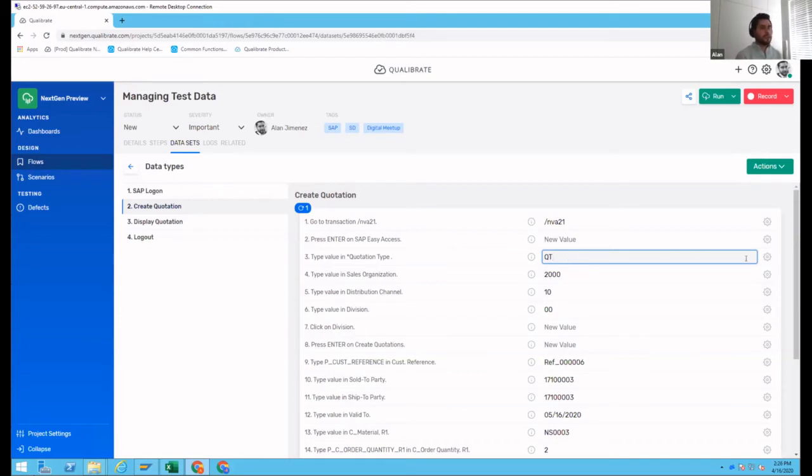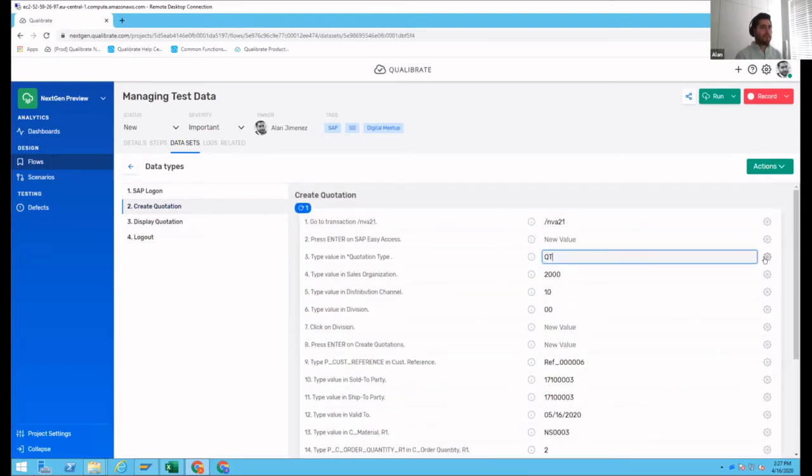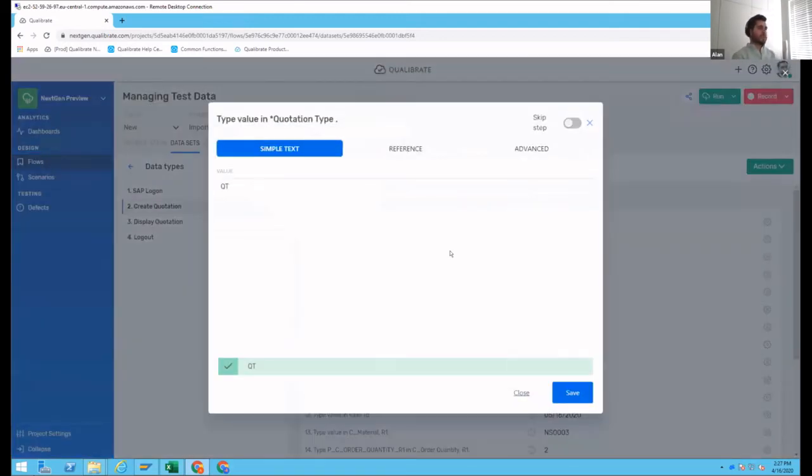But just to give you the options that we have, if you want to explore the different possibilities on the data types, for every single parameter value that we have in the datasets, you have the option to open the advanced parameter settings. Every time you open the advanced parameter settings, you can see the different options for maintaining these parameters. You have a simple text, which is literally just normal static text that you can input here. We have the concept of a reference, which I'm going to explain shortly,